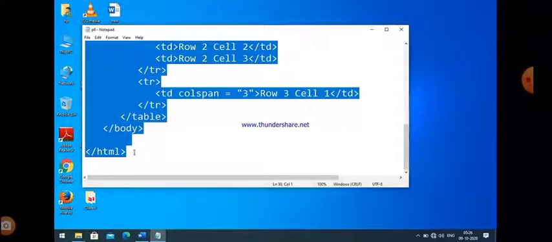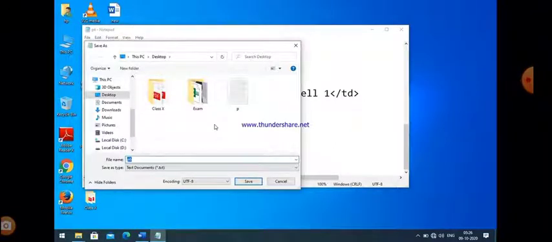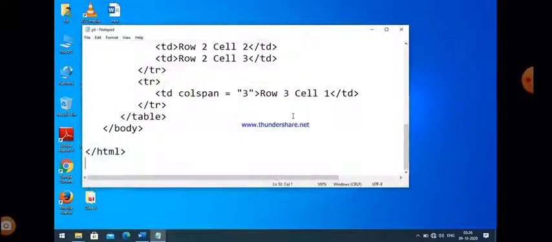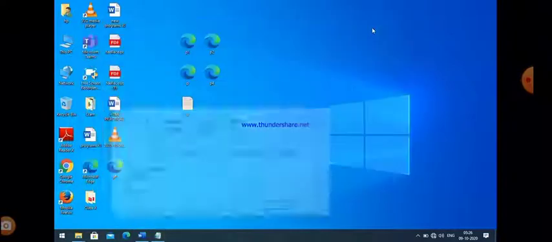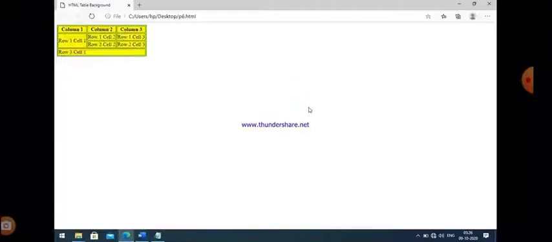So I just make a copy paste operation here, and give the file name. Save the program. Now it's time to execute the program. I just double click on that HTML file. You can see the output.